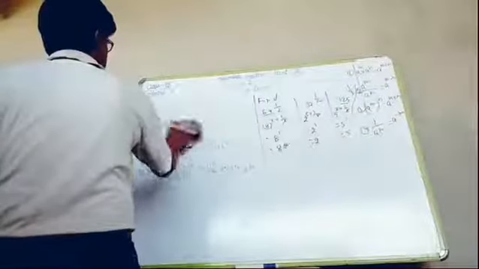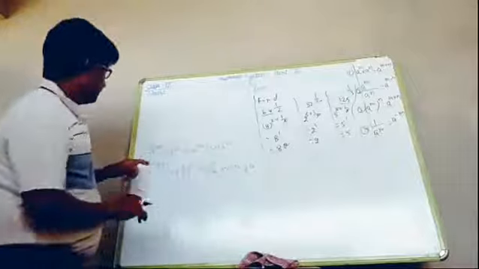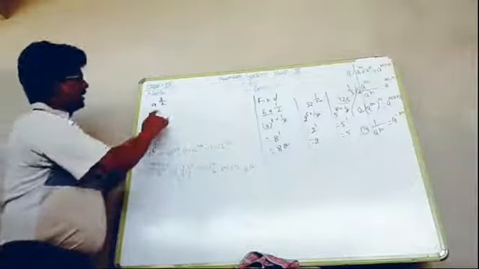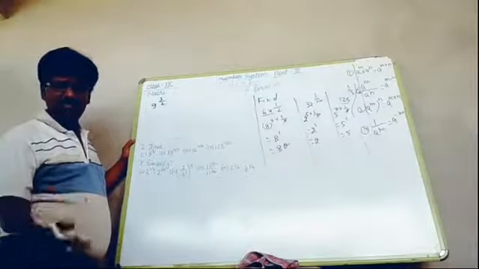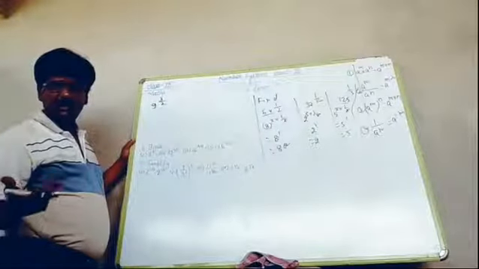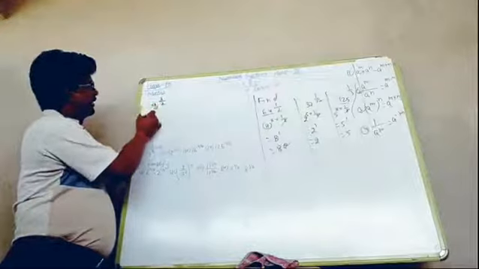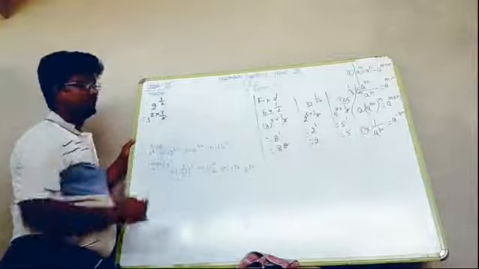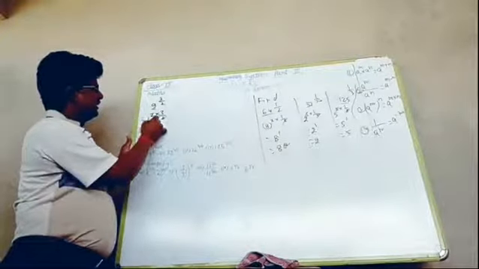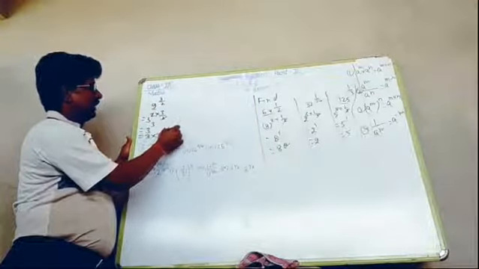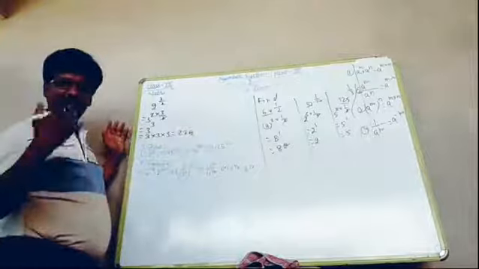Next is question number 2. Actually the same type of question is there. In question number 2, once again, 9 is raised to power 3 by 2. The denominator is 2. Once again we have to find which number multiplied 2 times gives 9. So 3 into 3. So in place of 9, we can write 3 raised to power 2 into 3 by 2. Then this 2 and 2 are cancelled, and after cancellation we get 3 raised to power 3. 3 raised to power 3 means 3 into 3 into 3. That will be 27. Okay. This way we can solve.